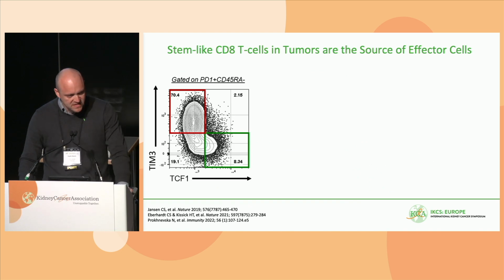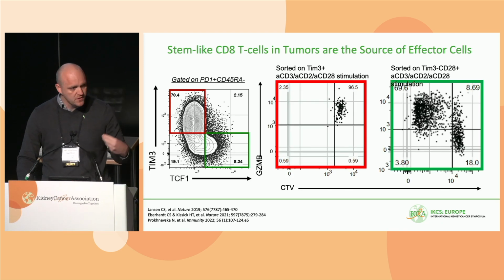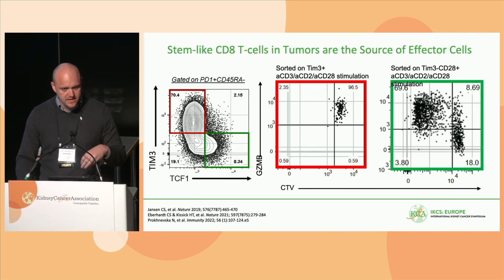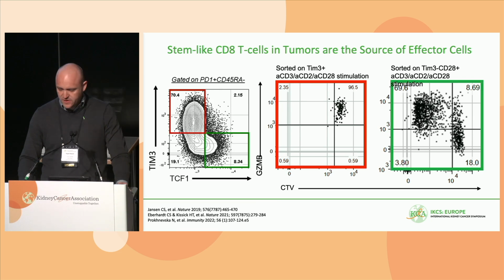We can find these cells in the tumour very easily. We can look at almost any cancer. We've done kidney, liver, brain, lung, melanoma. Almost every cancer, these cells exist, a stem and an effector cell. If you sort them out, they have very different functions. The effector cell is cytotoxic, has granzyme B, all the things you think of for killing. The stem cell has none of those, but it has very good proliferative capacity. And so when we stimulate that stem, it turns into the cytotoxic daughter cell, and then that is the one that does the killing. And as I say, that's how PD-1 sort of works.